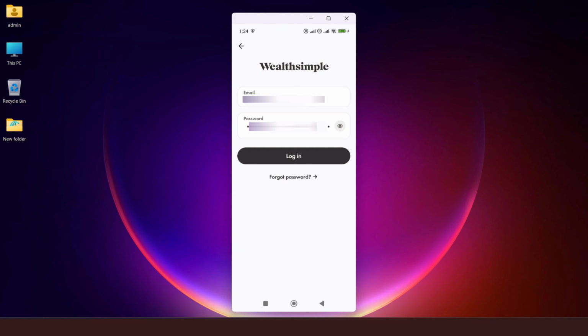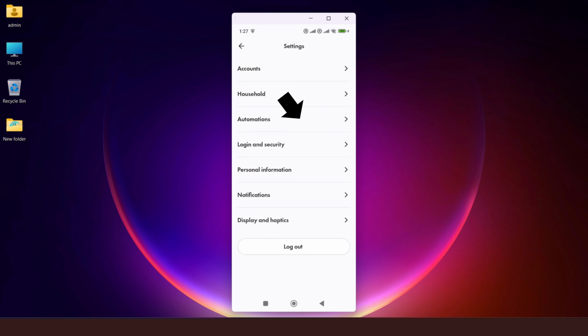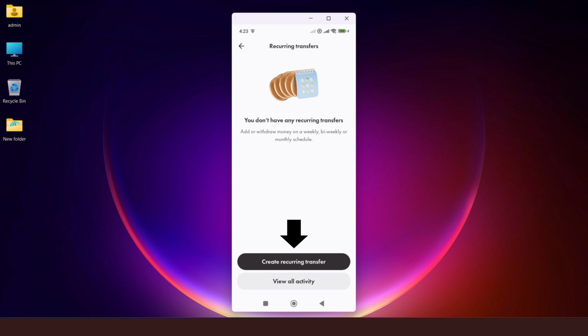Once you log into your Wealthsimple account with your email ID and password, come here, you see this, click here and then click on this settings icon. Here is automation. You see here, click here. Recurring transfer, as the name suggests, here you can choose when and how often you want to invest your fund